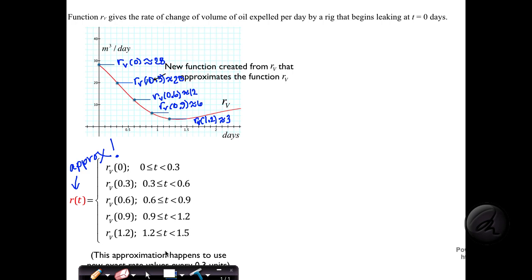But again, just a couple of things about this. A, we constructed a piecewise function. B, the notation. The exact rate of change function was R with a subscript of V. The approximate rate function, and we'll do this for all of ours. When we're making an approximate rate function, or trying to talk about one, we'll just call it